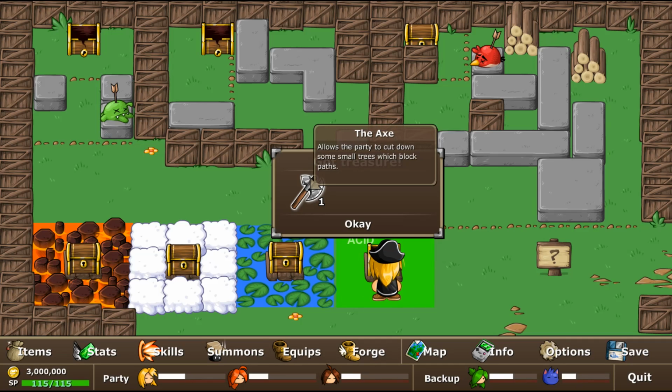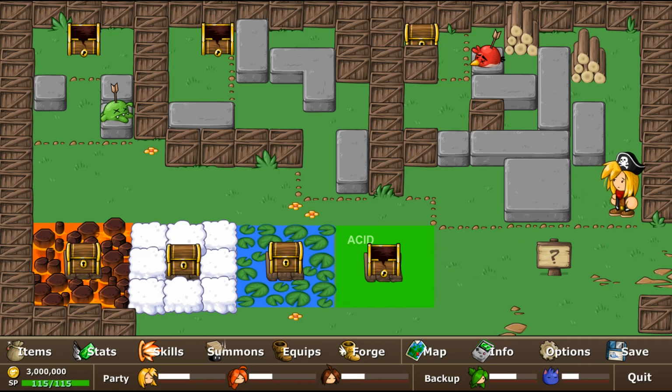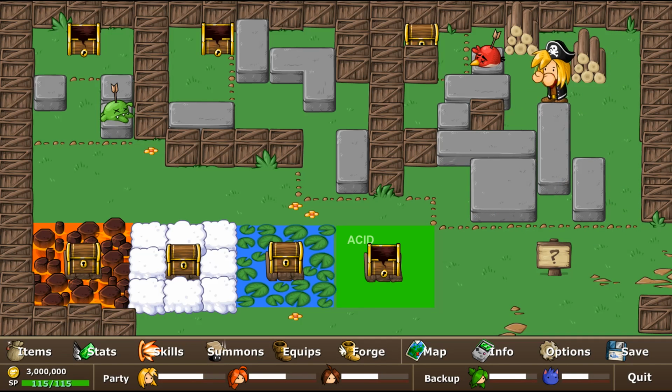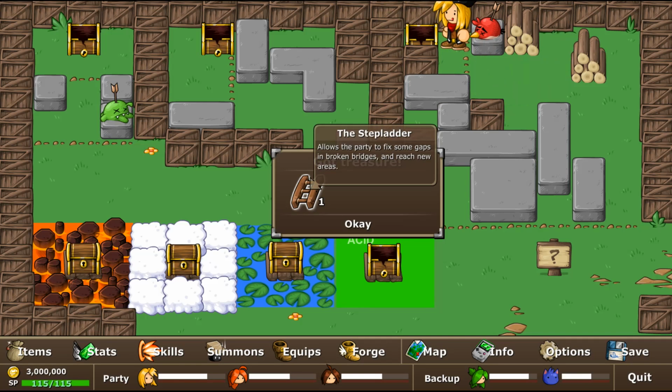Anyway, we open this chest and we get the axe, which of course allows you to chop down small trees. This is actually a bit of a tricky puzzle. I'm going to see if I remember how to do it. This one definitely took me a few attempts to be able to do, so I think I have to do this. Yeah, here we go. Okay. I've done this a few times, so I finally remembered it. And here we have the Stepladder, which, you know, another